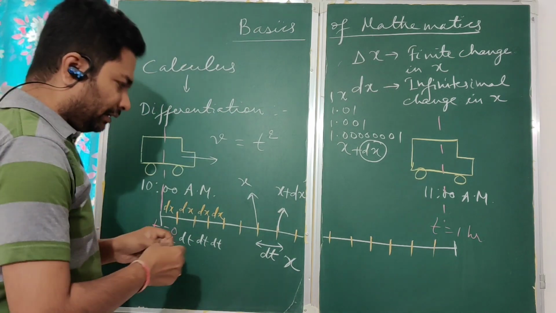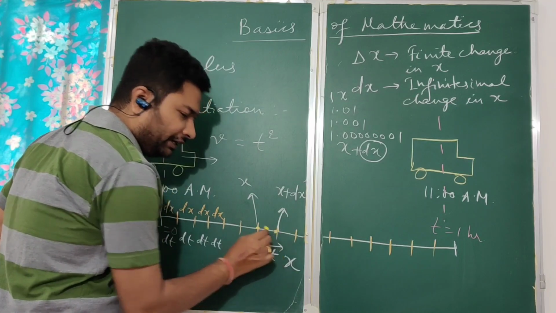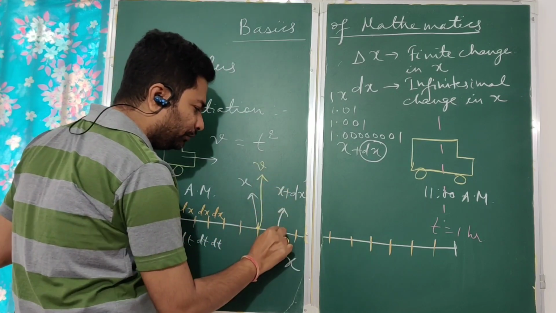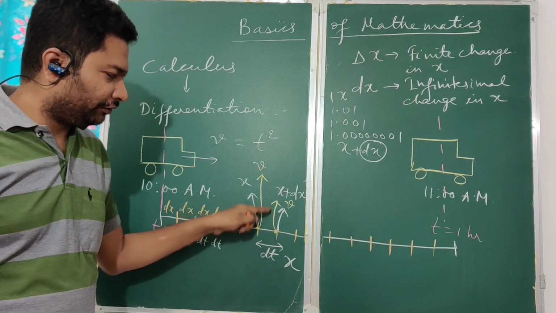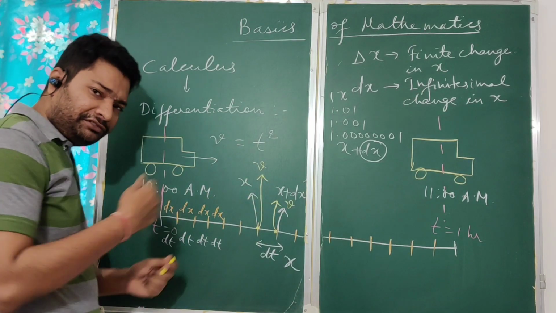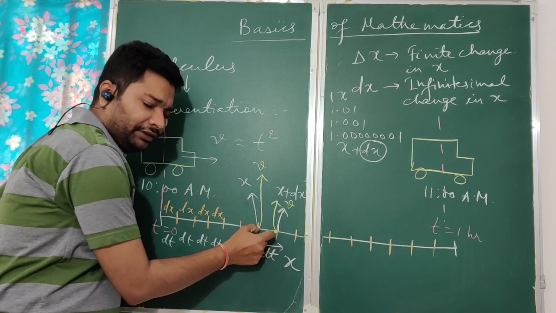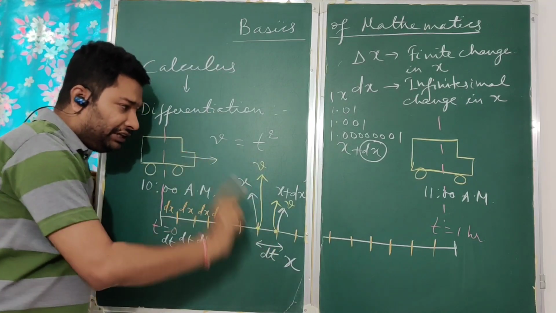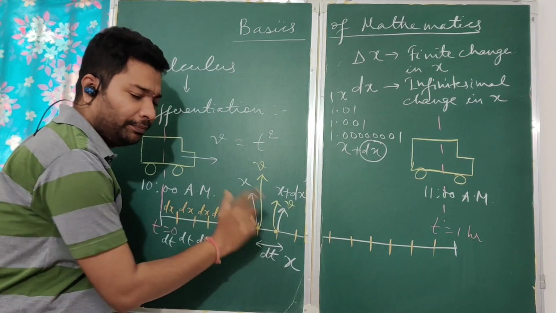So now, since this distance is very, very small, I can assume that at this instant of time the velocity would have been practically the same. That is, here also velocity is v, at this point also velocity is v. The velocity has not changed. Why has it not changed? It would have changed, but since this distance or this time interval is very, very small, we can assume that the velocity of the body at these two points is practically the same.